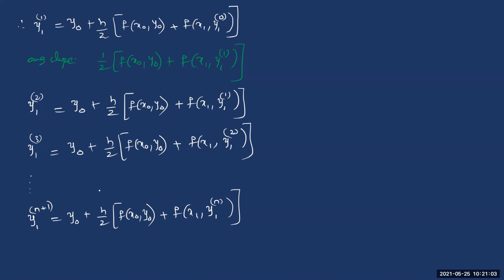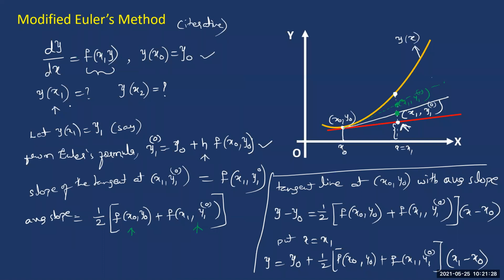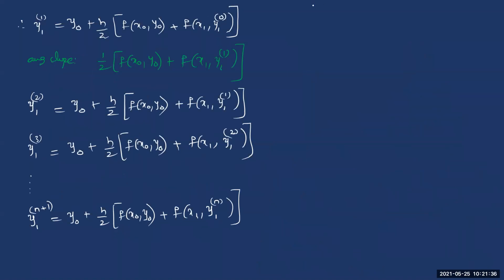And see, we'll continue these repetitions until we get our desired accuracy. You may be interested in a 3 decimal accuracy or a 4 decimal accuracy. Depending on the accuracy you are interested in, we'll proceed this process for a number of times, maybe 4 times, 5 times, as you are interested. And then whatever value you got in the last approximation, that is the value for y1. Now you see, as I've written in the question, I'm interested not only in y1 but also in y2, right? At x2 it is y2. If you are interested to calculate y2 also, the same procedure we extend for x1 comma y1.